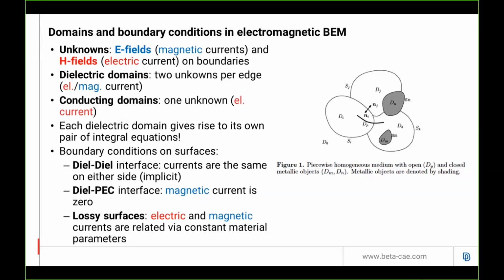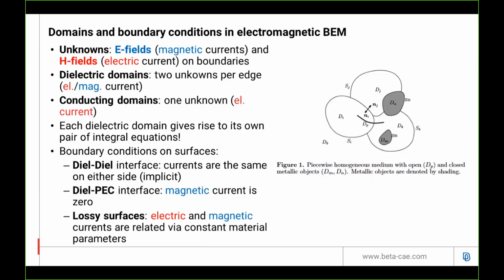And some of them are transparent, or as we call them in electromagnetics, dielectric, and some of them are metallic, or as we call them, conductive. The transparent are depicted by white and the conductive by gray. And this means that the electromagnetic fields can penetrate the white, the transparent objects, but they cannot penetrate the metallic objects, the gray ones. And what we need in boundary element methods is to calculate the fields only on the surfaces of these objects and interfaces between the objects and not inside these domains. So that's why we discretize only the surfaces.